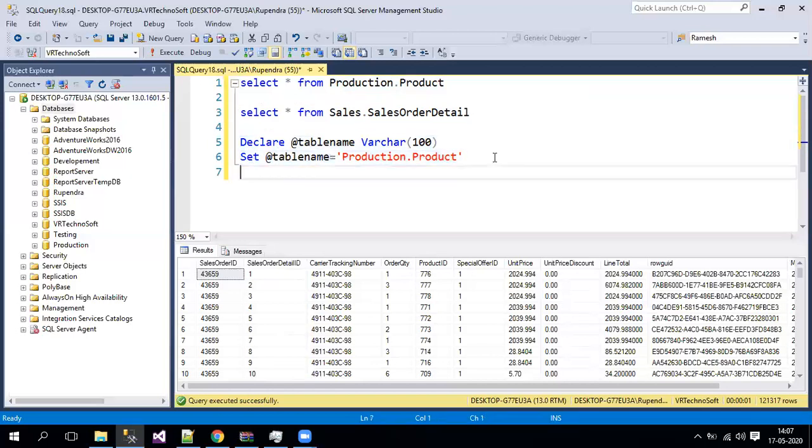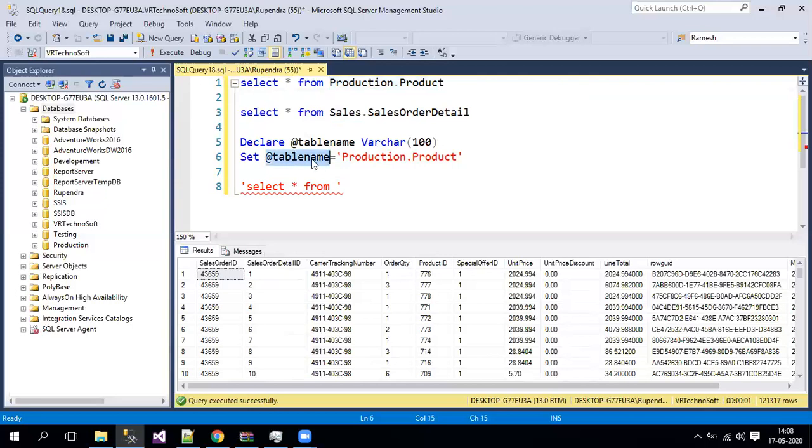To make dynamic SQL, select star from is similar between these two queries. So to make that part static, we have to put it in single quotes so that it acts like a static query. Whatever we have written, select star from, is static because it is the similarity between these two queries. Now what is the change? My table name, the table I am reading from, which is my variable.